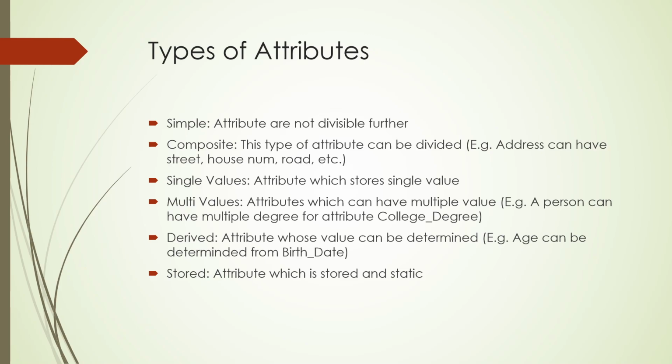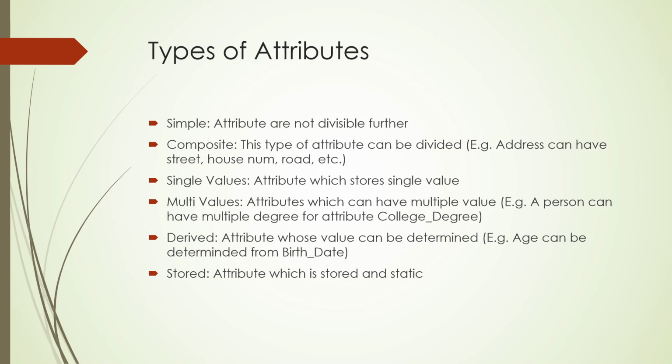Like in the previous example for a simple attribute, I said company name. So company name is a single thing. We are talking about the name of a company. Here, address means we need various information. As I mentioned in the example, like street, house number, right? So road, all this information. Right? Let's go to the